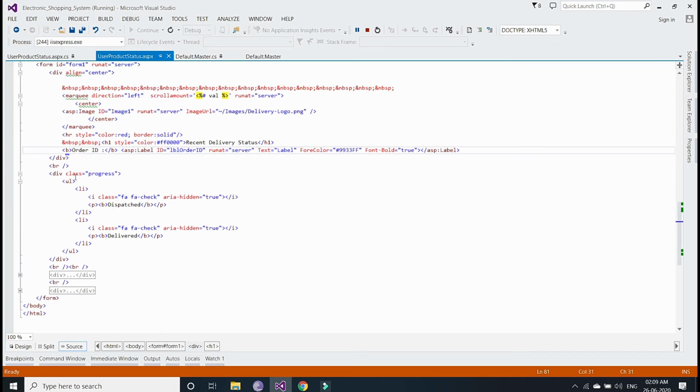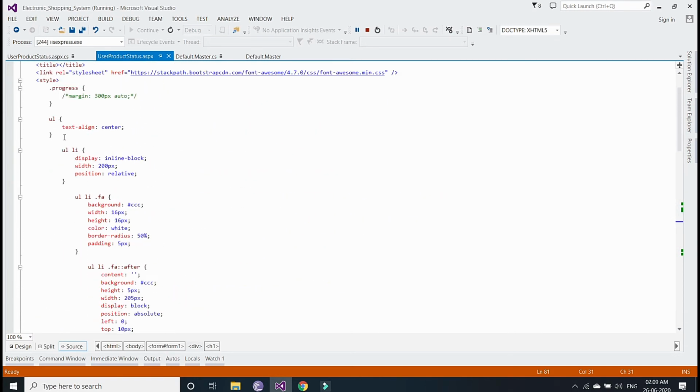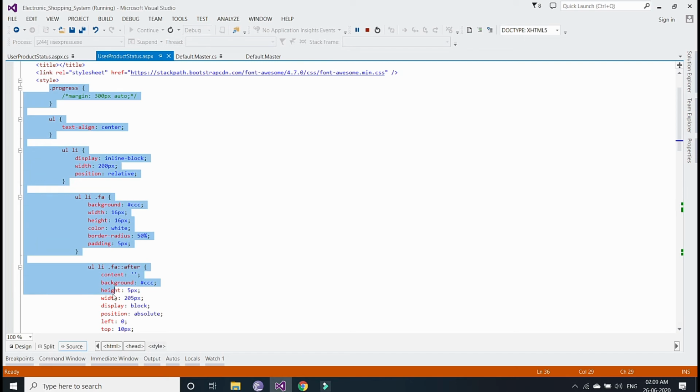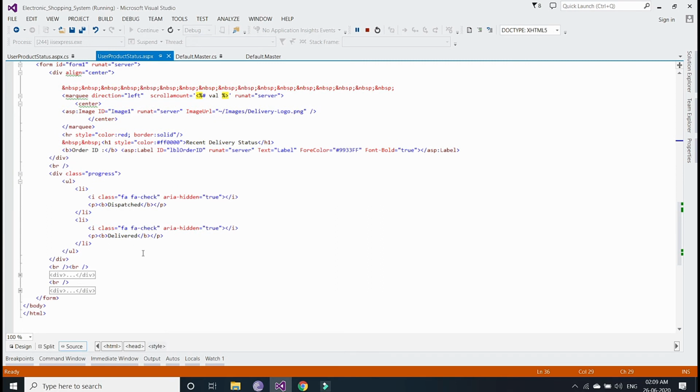So I've taken here the class progress, which is used in CSS here. You can see here these properties are used in this style, that is CSS. After that, inside this div I have taken one UL tag. Inside that I have taken li tags. UL here is an unordered list, and li is the list item. Inside the list I have taken the i tag, in which I have given the class. This is the class of the Bootstrap icon, that is check.